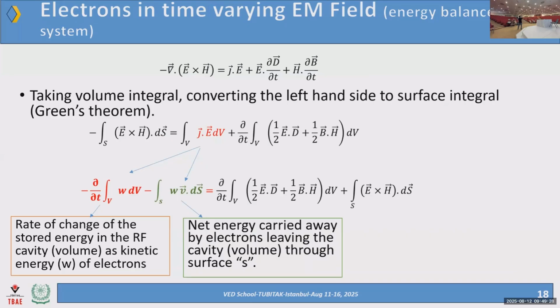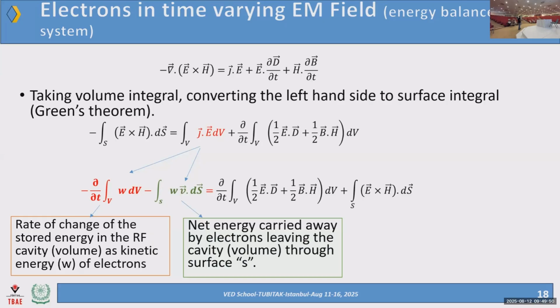W is, I'm representing W as the kinetic energy, velocity being V, and it is leaving through the surface. That's why it has an integral over the surface. The net energy carried away by electrons leaving the cavity or the volume through the surface, S, and of course